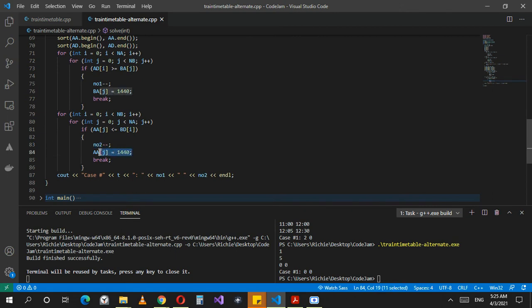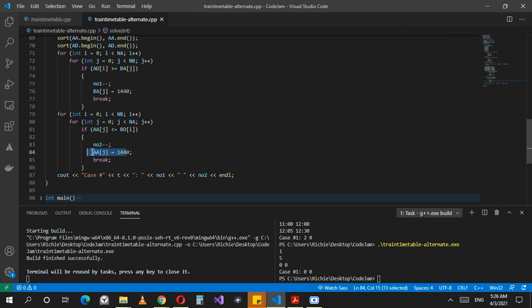and I give the max value again to the arrival from A, so that no departure in B is going to be greater than this value again. If we keep the same value here, why do we change it? If we keep the same value here, in the next loop, that value is going to come up again, and you might end up reusing that train for another, but that train has actually left the station. It's not really there, so you have to make sure that this is always going to negate to false the next time it's run, and this is the best way to do it.